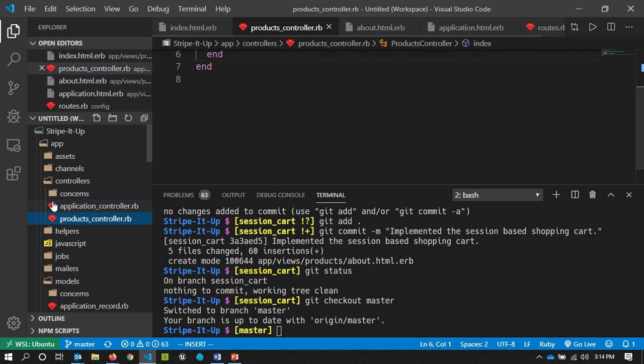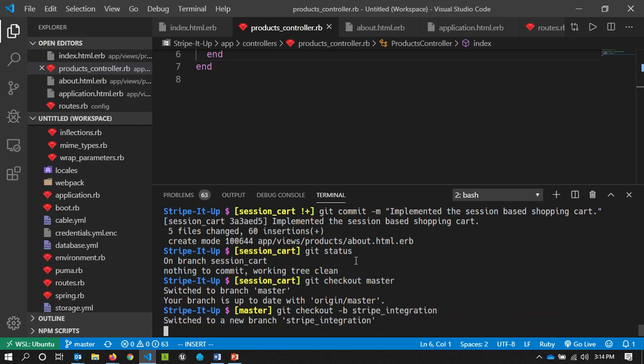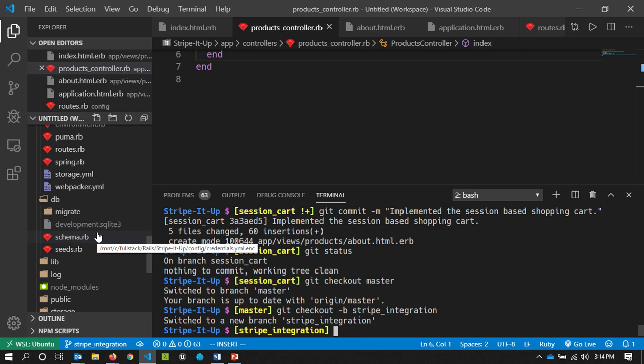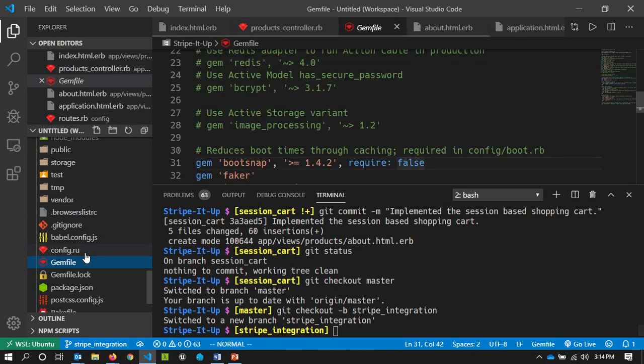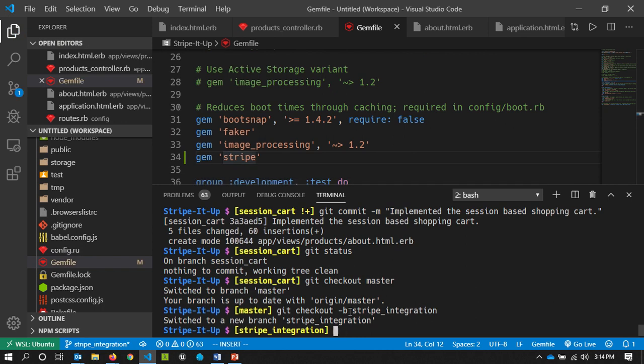So I'm going to start by adding the Stripe gem. I'll first start by checkout -b stripe integration. I'm going to go to my Gemfile. I'm going to add the stripe gem, and then I'm going to do a bundle install,